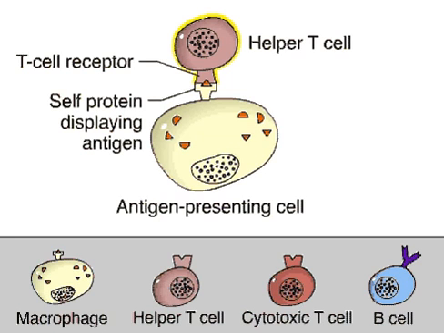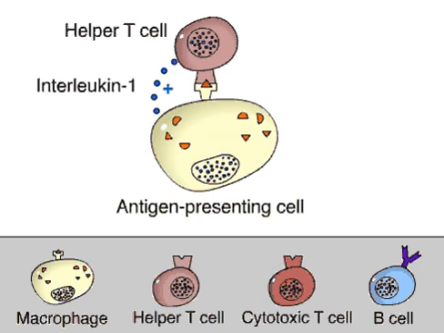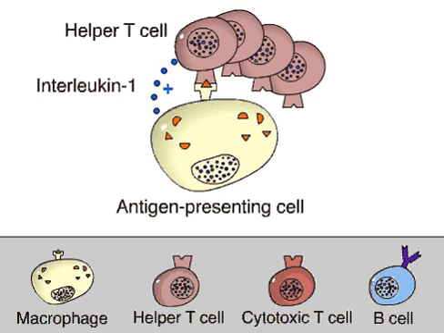Binding of the T cell receptor to a particular antigen and self-protein activates the T cell. A chemical signal, interleukin-1, enhances this activation. The antigen-presenting cell secretes interleukin-1. Both interleukin-1 and contact with the antigen-presenting cells activate specific helper T cells to divide and grow into many cells